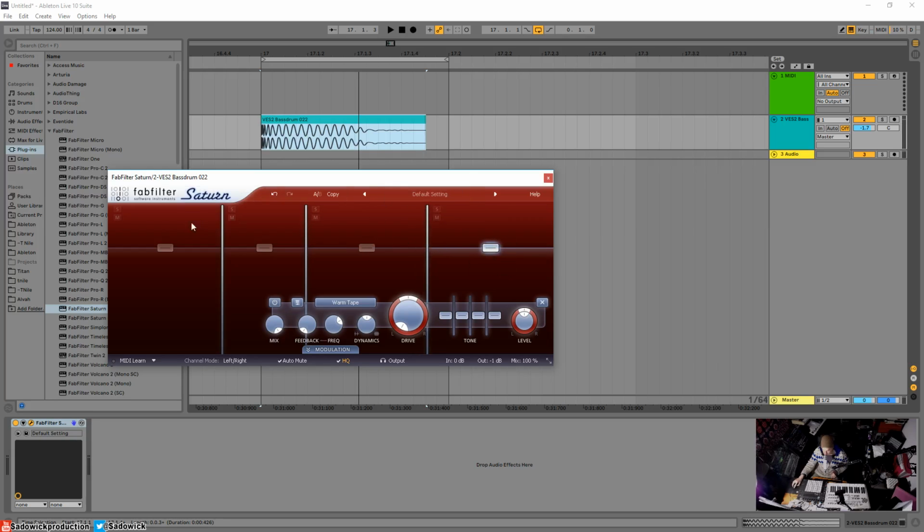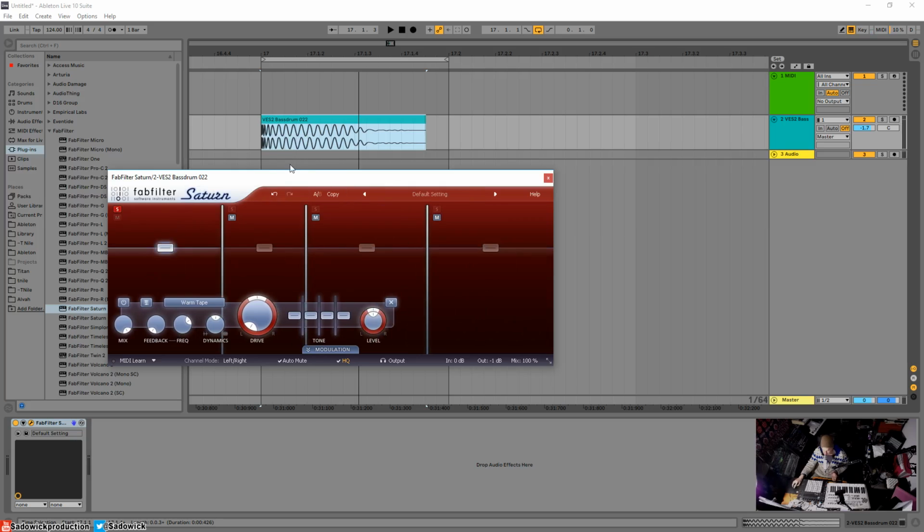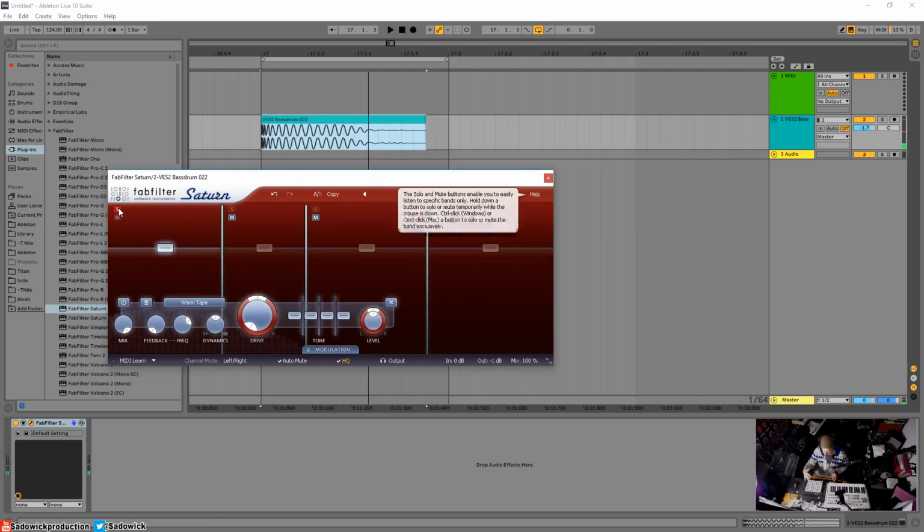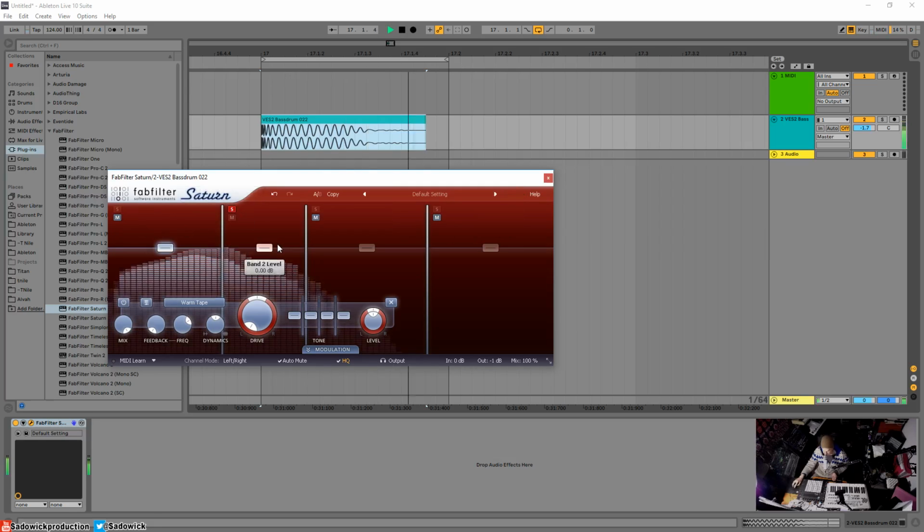And I'm going to do that by kind of experience and feel. And this is basically what it looks like. So what I did is I isolated the low end. And I want that to kind of remain untouched because that is my sub layer. Or not, it could be something else. I could totally mangle that and stuff like that. But anyway, this right here will be,